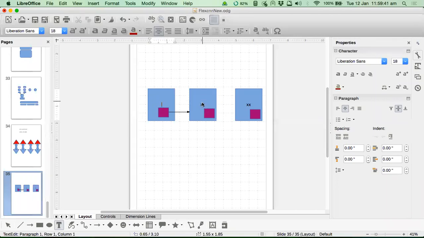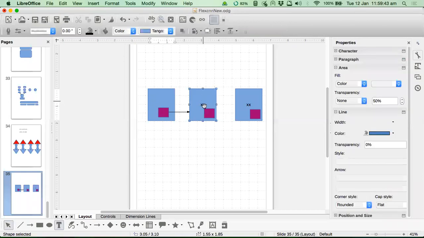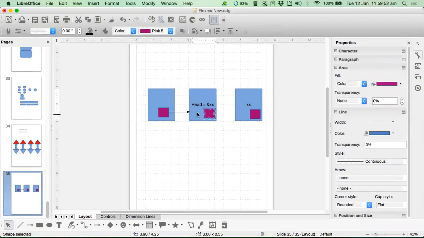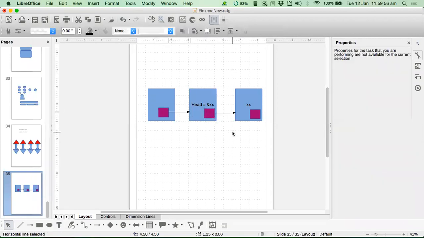I have to just say head dot. That means I have to move head over here. That means head should point to this now. How do I do that? I just say head equals X, right? And then I can use that link here to link to the new node. And this process will go on continuously.